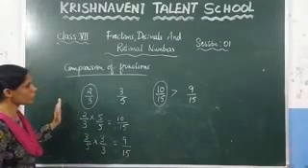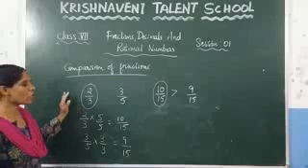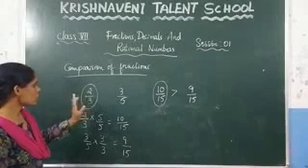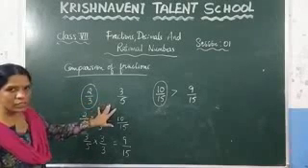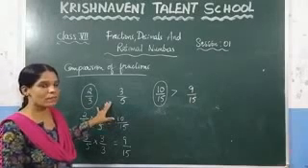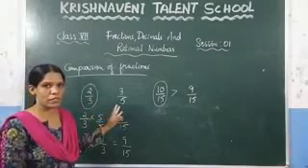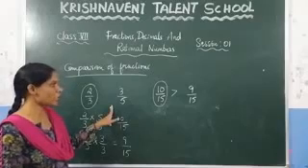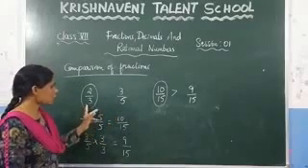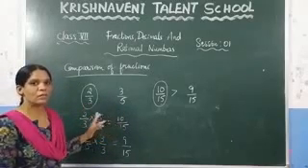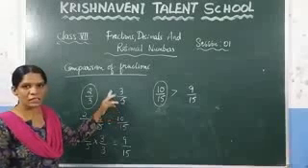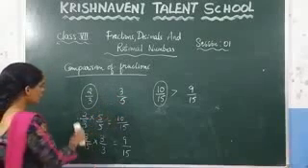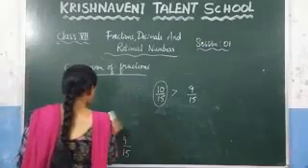Like that you need to compare two fractions. If you want to compare any two fractions, what do we need to do? First we have to check the denominators. If the denominators are equal, we can easily compare the numerators. If the denominators are not equal, you have to change the denominators to be equal by multiplying the other denominator parts. Now see the next one.